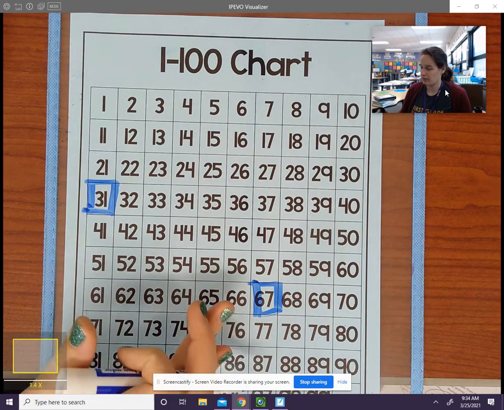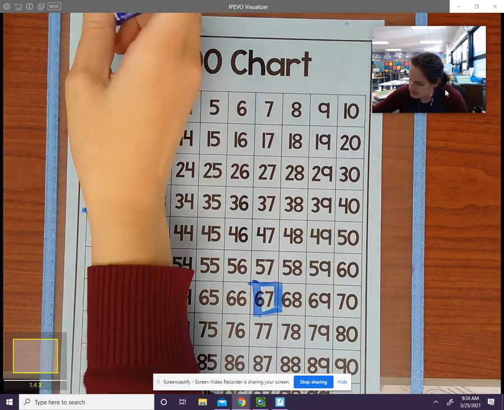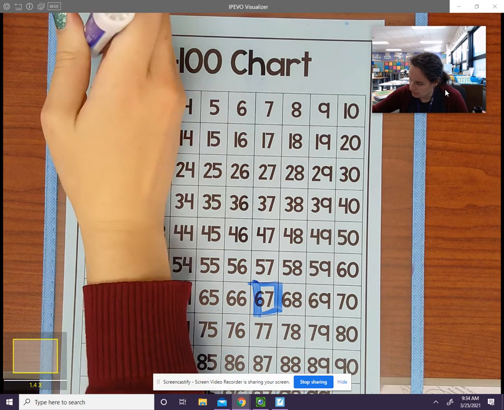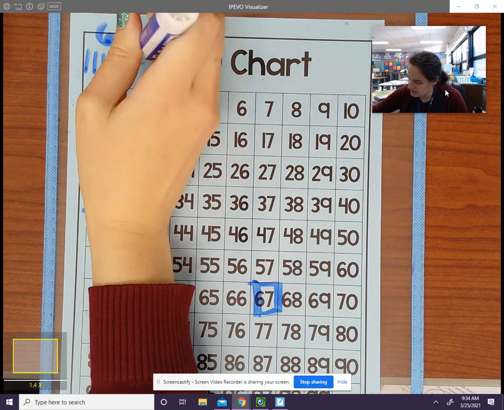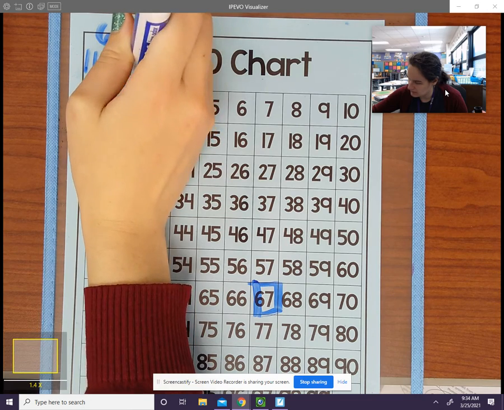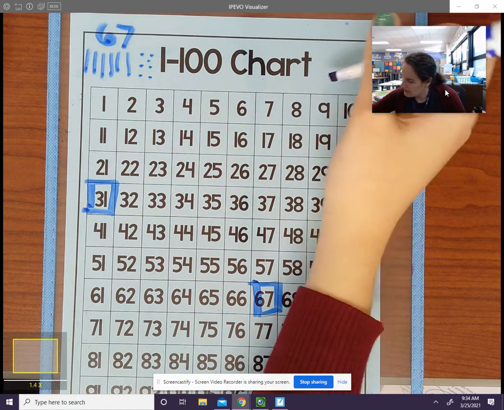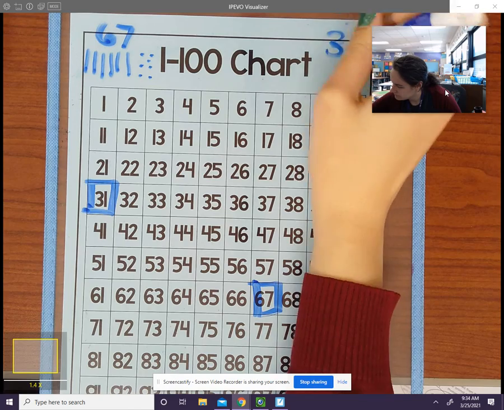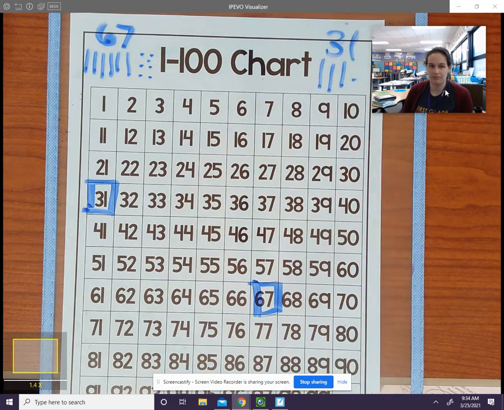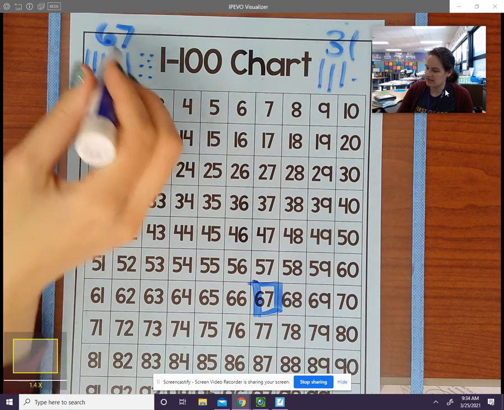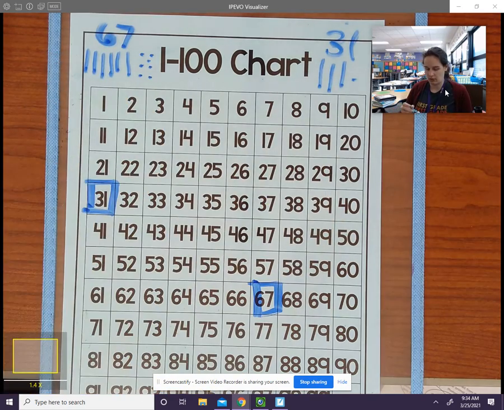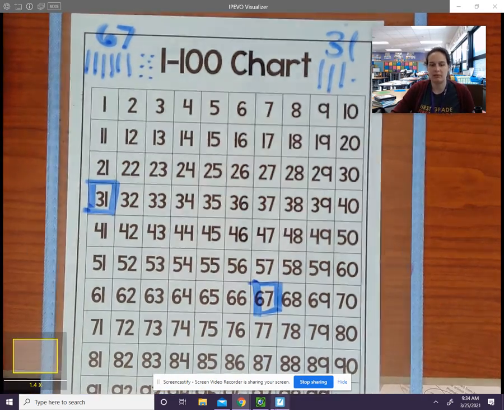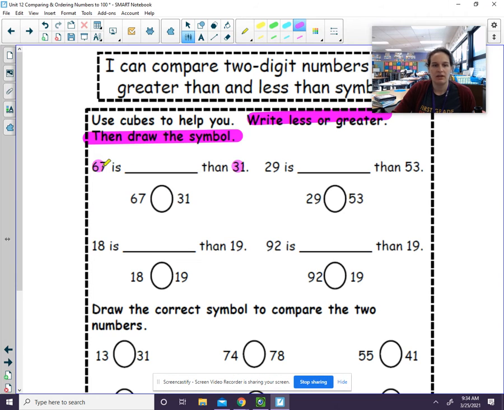I could draw a picture if I wasn't sure. So the picture for 67 would look like this. The picture for 31 would look like that. And even from the picture, we can see that 67, well, that's greater. It's more than 31. So let's go back and we would put that answer in. So 67 is greater